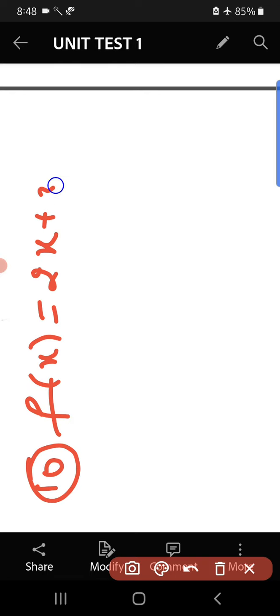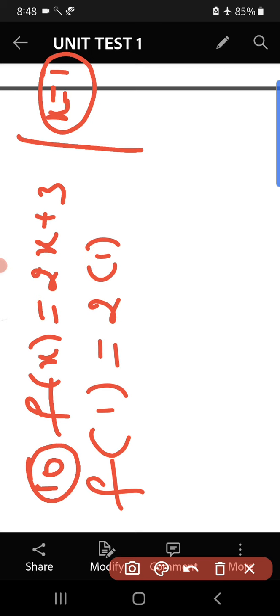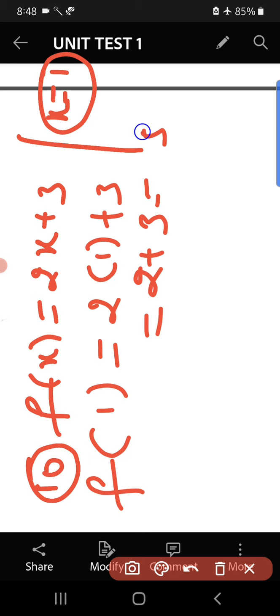Okay, check the continuity of the function. See, f of x is equal to 2x plus 3 at the point, so they have given the point as x is equal to 1. Directly we can consider the limit here. Before considering the limit, we can find out the value of the function at the given point. Okay, f of 1. So f of 1 means what? It will be 2 plus 3. So answer is 5. Okay, f of 1 is defined.